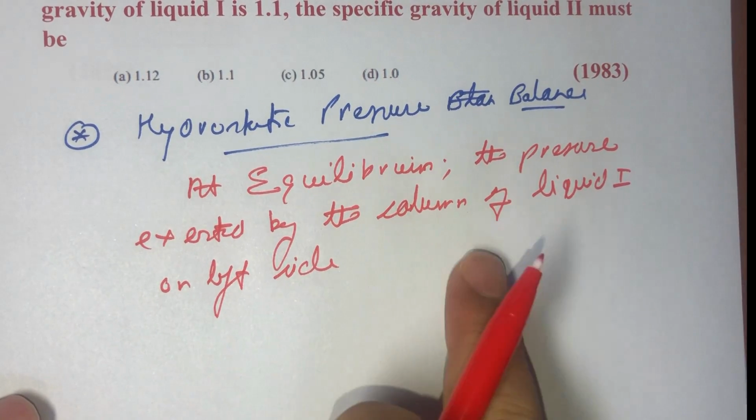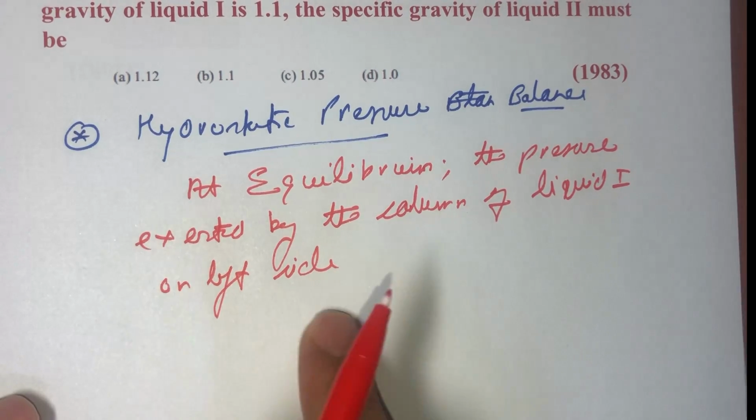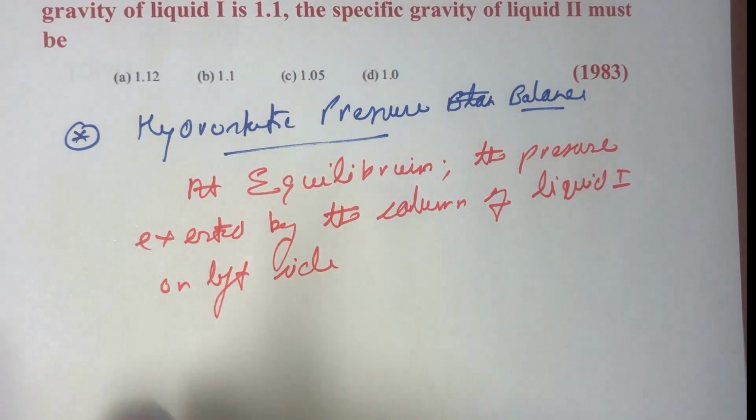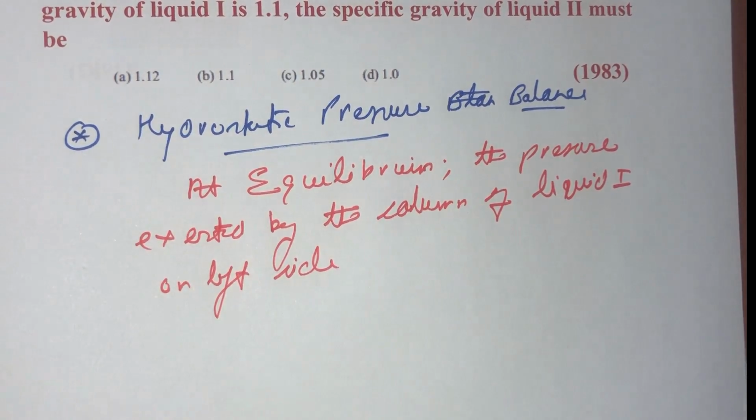So liquid 1 automatically comes to the left side. It's not a hard and fast rule, you can make it otherwise also, the opposite. Okay,